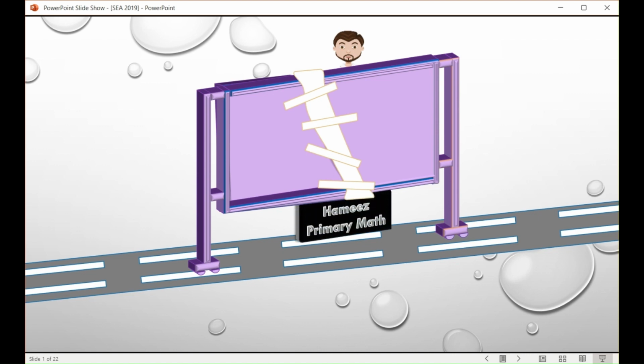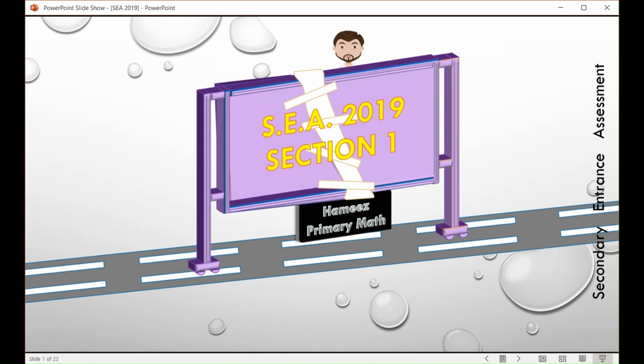Today, we'll be looking at the secondary entrance assessment and specifically the past paper questions from 2019 in the first